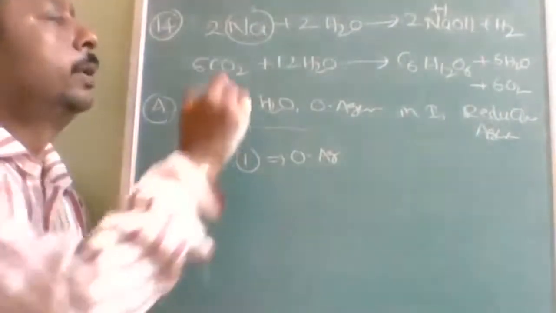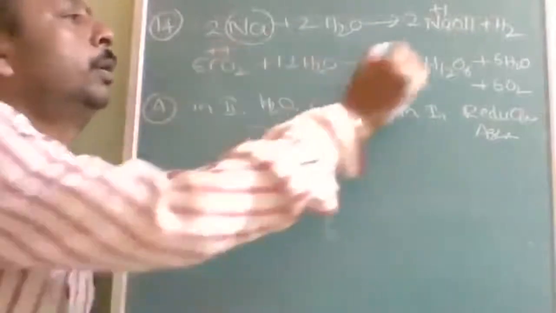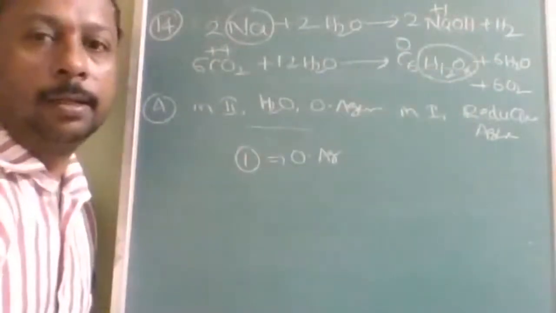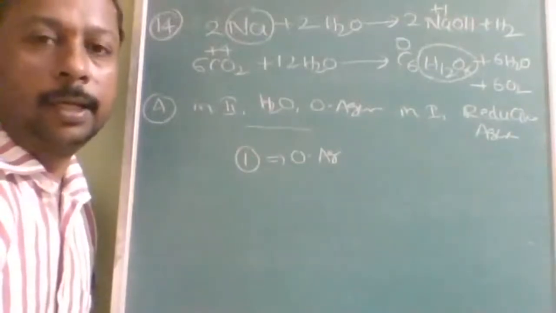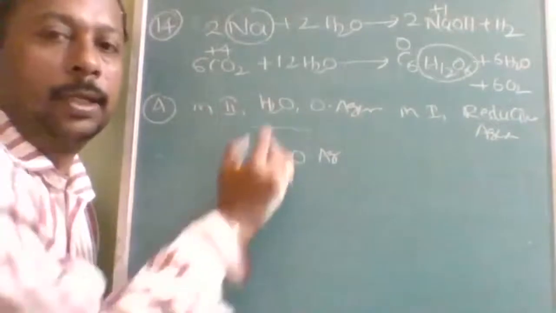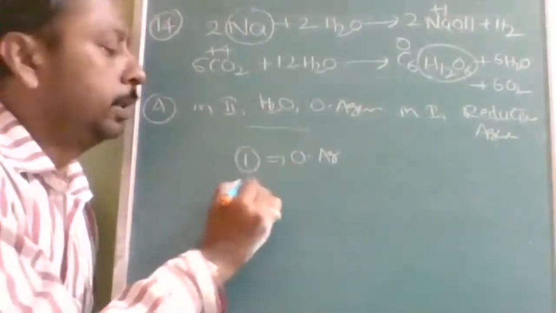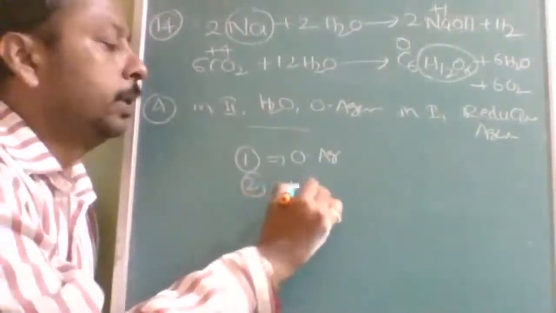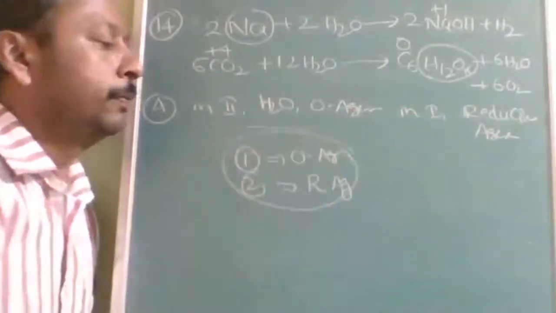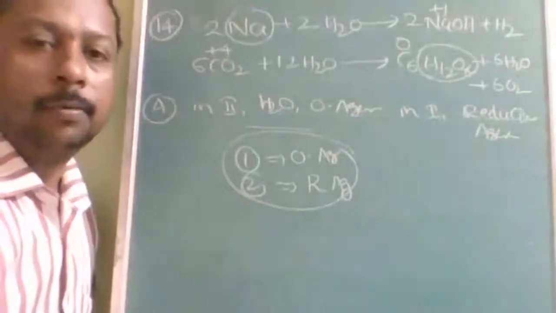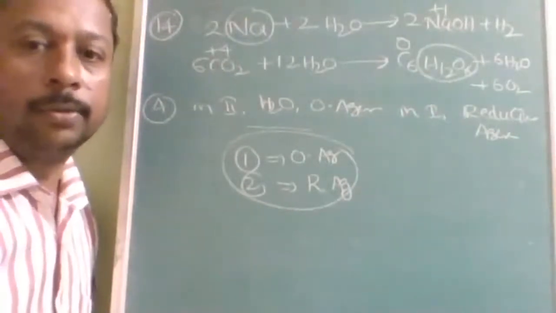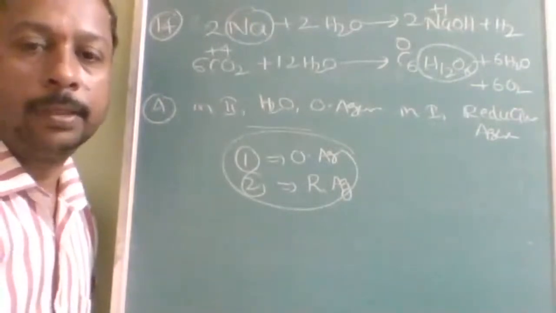What is oxidation number here? It will be +4 and it will be 0, H2O. This is carbohydrate, carbon hydrate. That means hydrate is a water molecule. So +4 to 0. So that happened because of the H2O. In second, water is a reducing agent. Okay. So answer is, in first reaction, water is oxidizing agent. In second reaction, water is reducing agent. Okay. Is this understood?